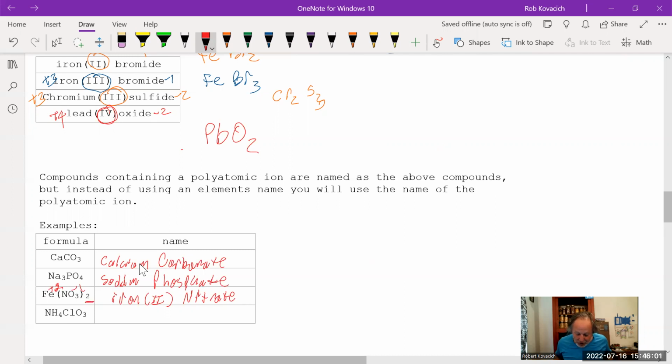And then the next one here, it's just 2 polyatomic ions. So I could just say their names. Ammonium chlorate. And that's it. So how do I go backwards? How do I go from the name to the